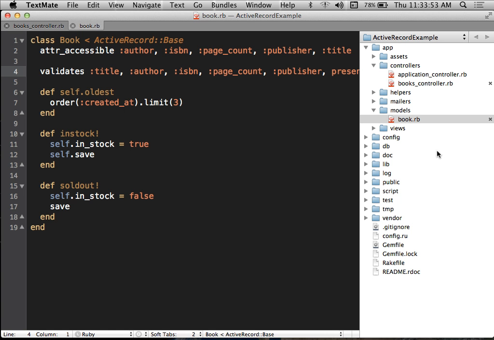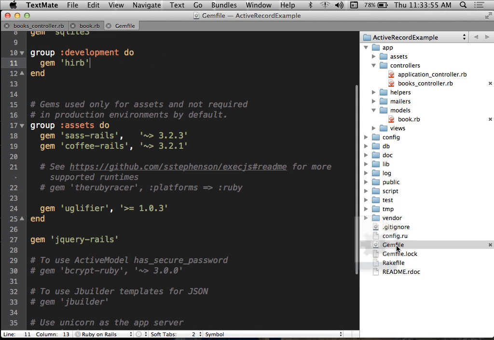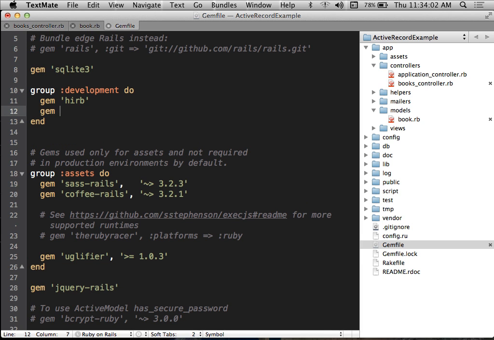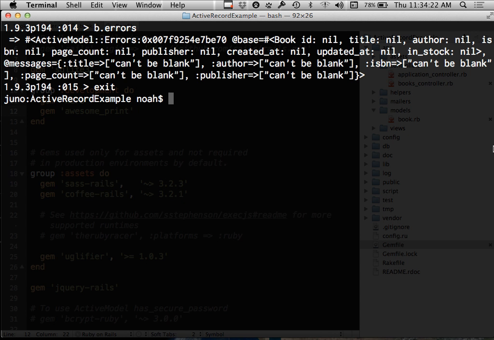And what I want to do is in my project, I'm going to go over to my gem file. Okay. And in my gem file in the development group, I'm going to ask it to install a gem for me called AwesomePrint. Nice little gem. With that added to my gem file, back over in the terminal, if I run bundle, the bundle command,